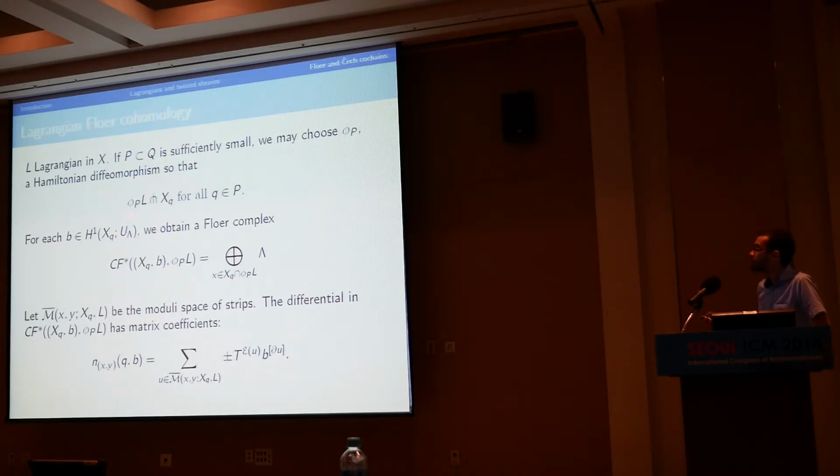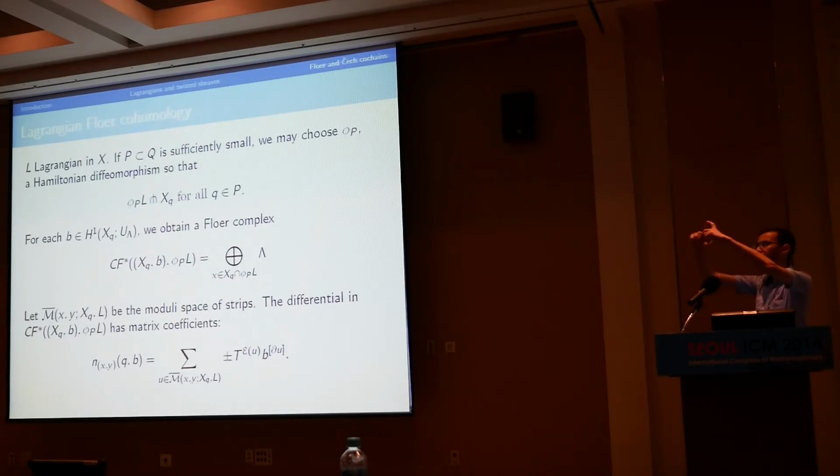So now the Floer complex, which is the complex whose homology is Floer cohomology, is defined as a direct sum over all the intersection points, a copy of the field over which we're working, that's this Lambda. So this by itself is not invariant. We need the differential. The differential comes from the simplest kind of holomorphic curves that you would consider that involve the Lagrangian L and the fiber.